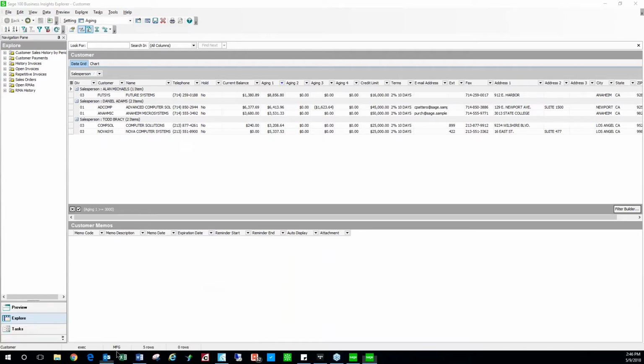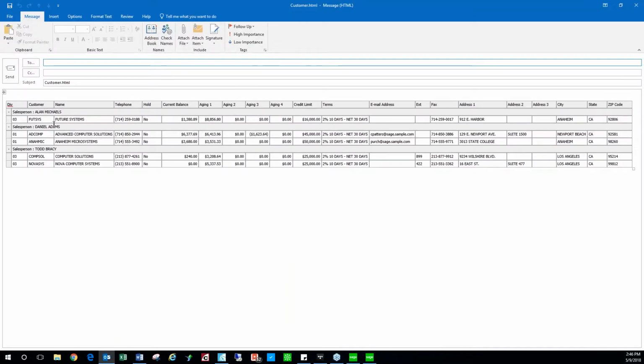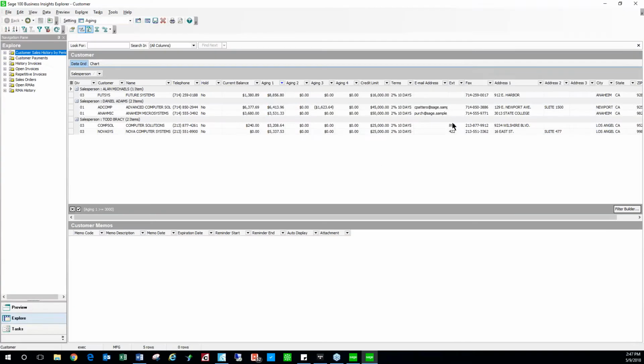Hopefully that will, oh, there it is, good. So now I could send this out to Alan and whoever else to get this distributed properly to the right people to take action, and then they could access Business Insights Explorer themselves if they wanted to. So that's the main demo exercise that I wanted to take you through